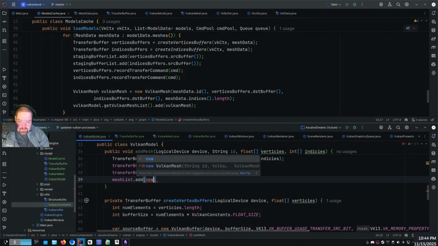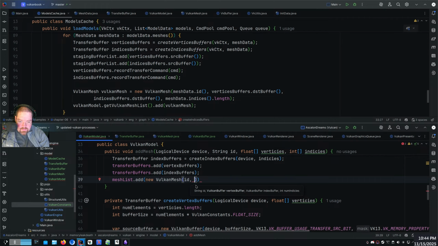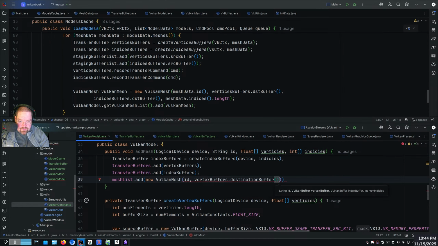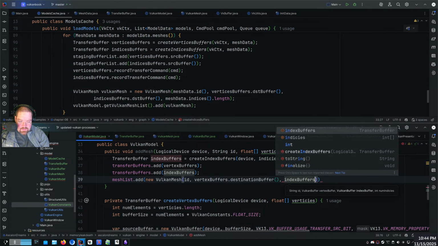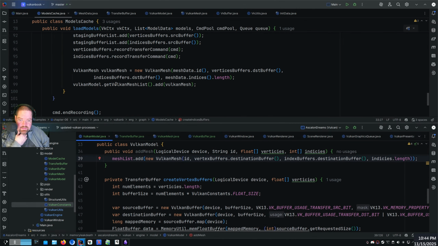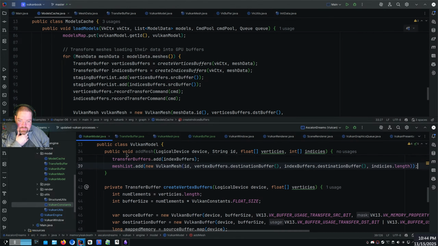Mesh lists, add new Vulkan mesh ID, text buffers, destination buffer, index buffers, destination buffer, indices dot length. There. Okay. So I got these, and then all I need to do then is grab the